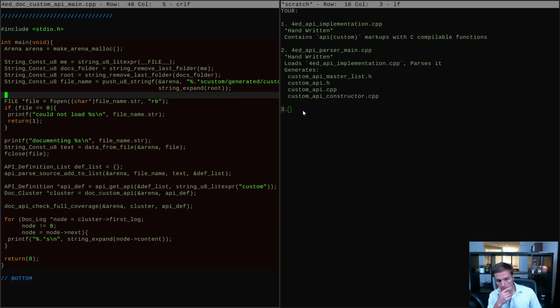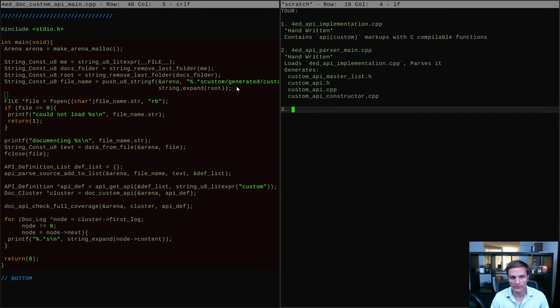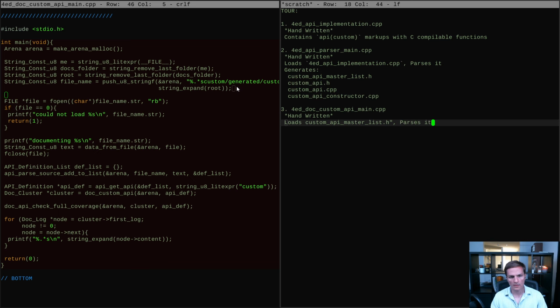And you can see from right here that it's opening the generated custom API master list. So here we have 4ed doc custom API main.cpp, which is handwritten. It loads custom API master list.h, parses it,